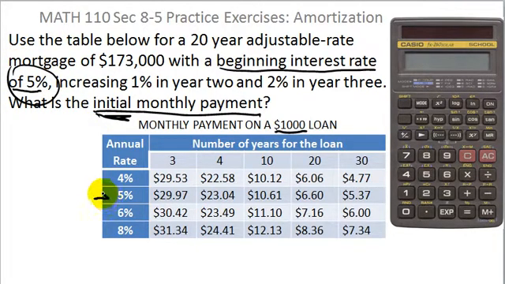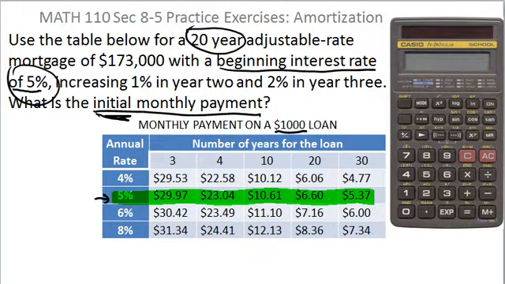That tells us to use this row, the 5% row. It's a 20-year mortgage, so that tells us to use the 20-year column, and obviously the intersection gives us the monthly payment of a $1,000 loan. So if we only borrowed $1,000, we'd be done. The monthly payment would be $660. However, we actually borrowed